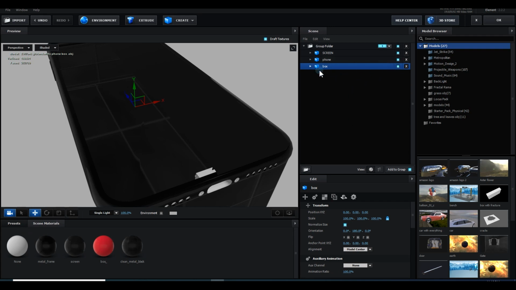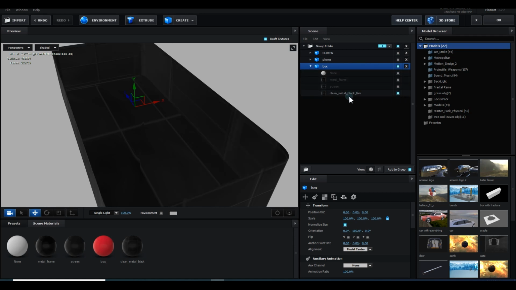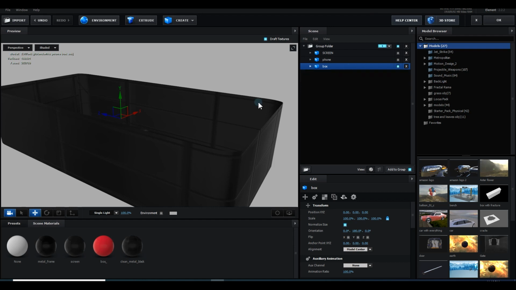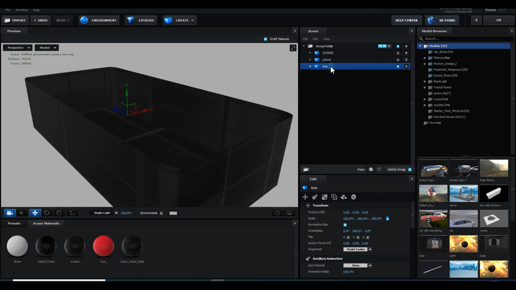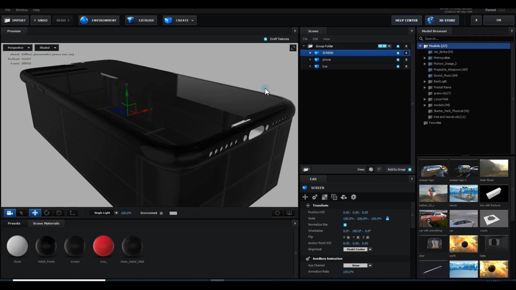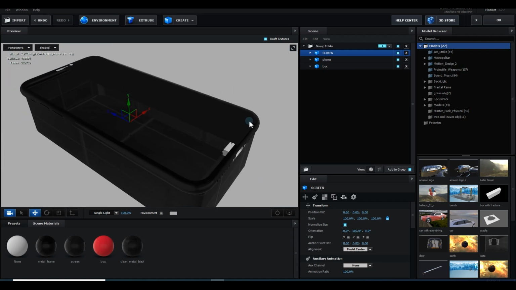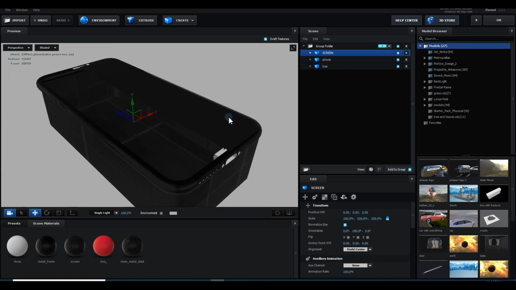And one more thing, guys, select this box and press Alt and click here, so it will solo this object. I want every single material, I mean this is the box, so only the box material will be here, and this is the phone, so I want only the phone material here. So I will remove screen and box, and for the first one I will leave the screen and remove everything else. So now if I enable everything, it's back to normal. I hope you understand what I did.